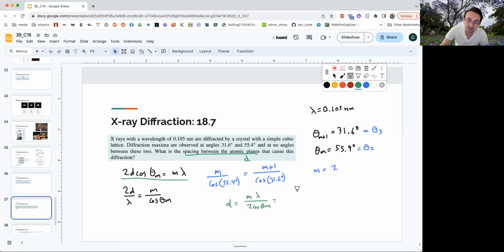And then let's just use, I don't know, the theta sub 2. So our m is 2, times lambda over 2 times cosine of theta 2, which is 55.4. You see, we could have also done it with m being equal to 3. We just would have had to take cosine of 31.6 instead. And I encourage you to try this in your calculator yourself, but when I evaluate it, I get